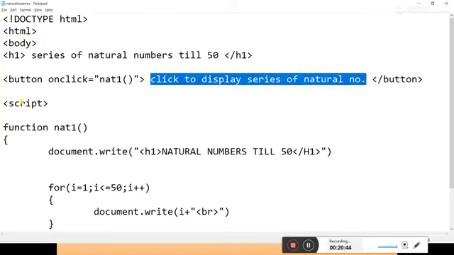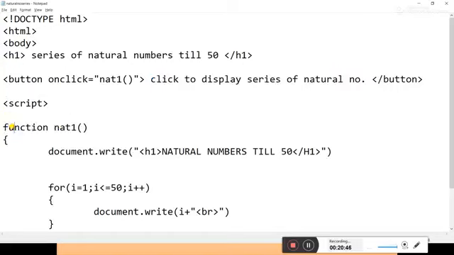Then the script starts, where I have declared a function with the function keyword. It is a user defined function. We are defining this function, right? When you are creating a user defined function, the function keyword is compulsory. Remember this. Here is the declaration of the function. It will come with the function keyword, and the name should be the same as the one you have written while calling this function. These two names should be the same.